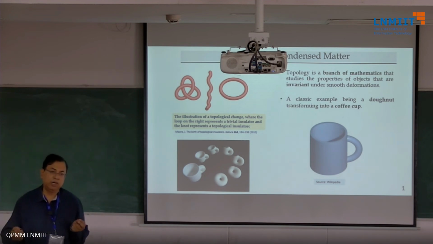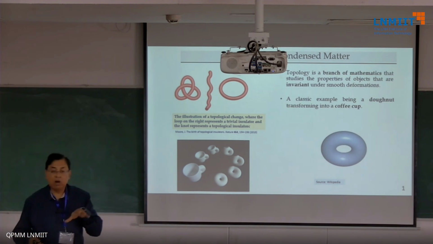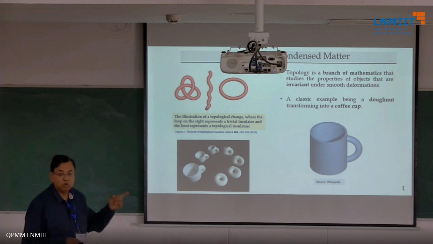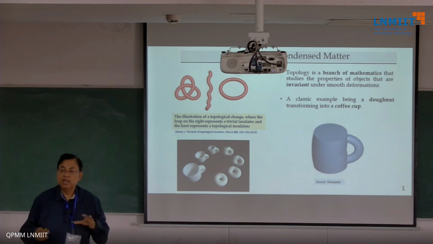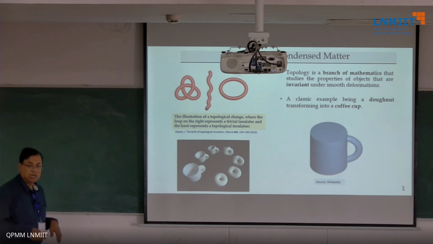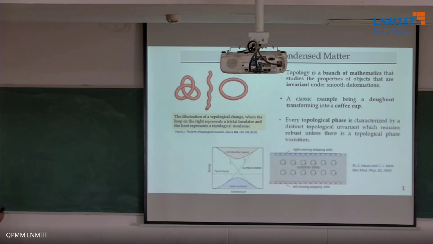Hamiltonian, if you change a Hamiltonian or tune a Hamiltonian, the number of states that you have below the Fermi level would not change. And that's what this smooth deformation means. The word smooth means there are certain things that will remain invariant. And in this case, the things that remain invariant are the number of energy levels below the Fermi level. So this is what this smooth deformation really means. So you deform the Hamiltonian, and this is what happens.